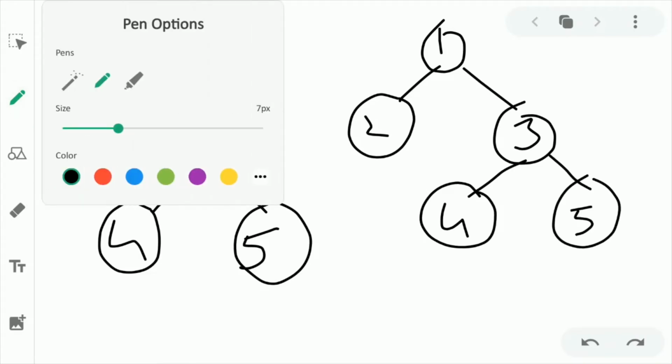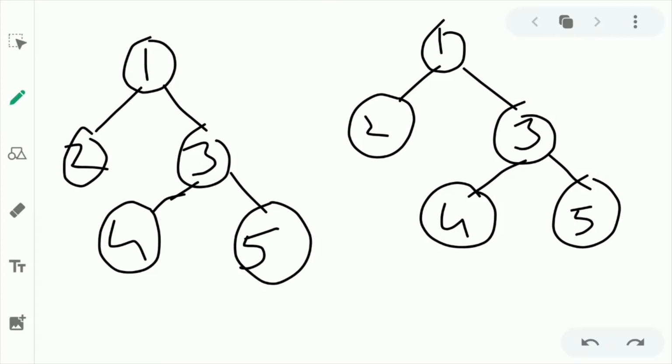So let me change the color a bit. Okay, so we will do a recursive function where first of all we are checking if this node and this node, they are the root nodes given to the function, if they are both not null. Yes, they are both not null. So first we will check if the values of them are matching or not. Yes, matching. One is here and another one is here, so they are matching.